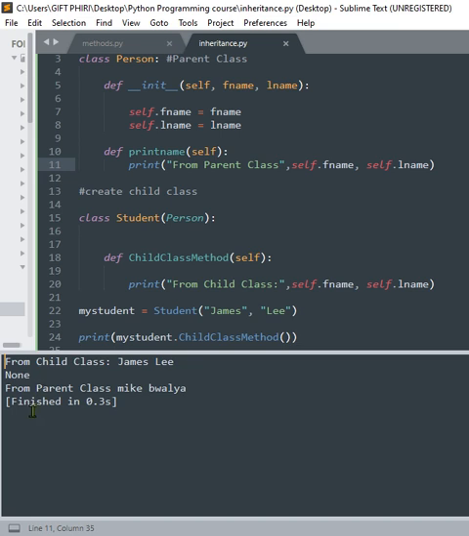Okay, so it says from parent class we have this guy who. So it says from parent class we have Mike Water, from child class we have James Lee, and let me remove this thing called print,